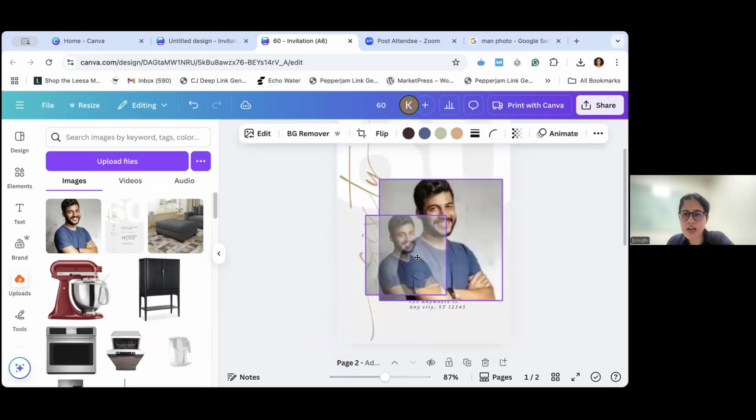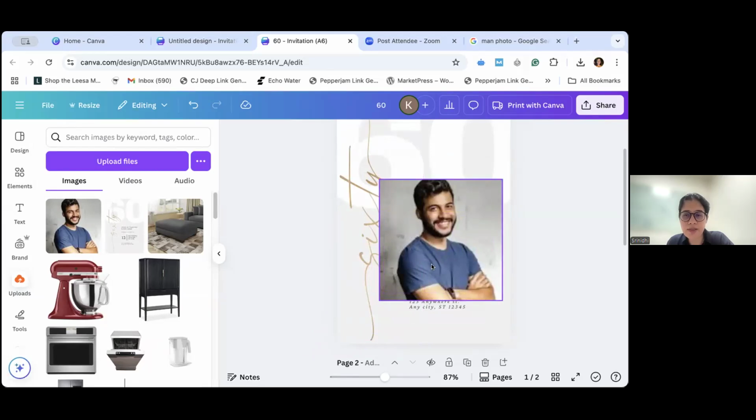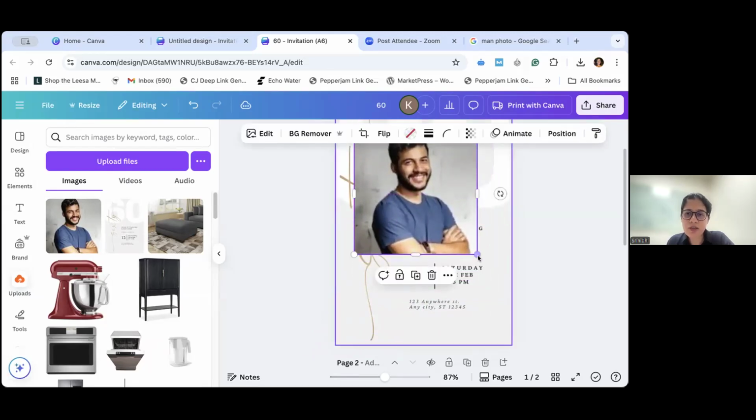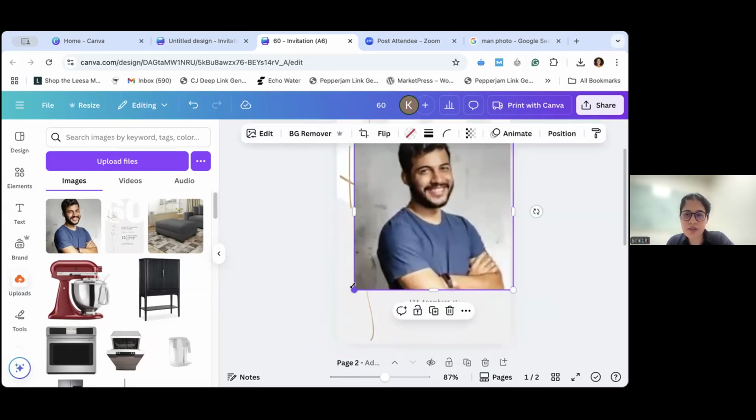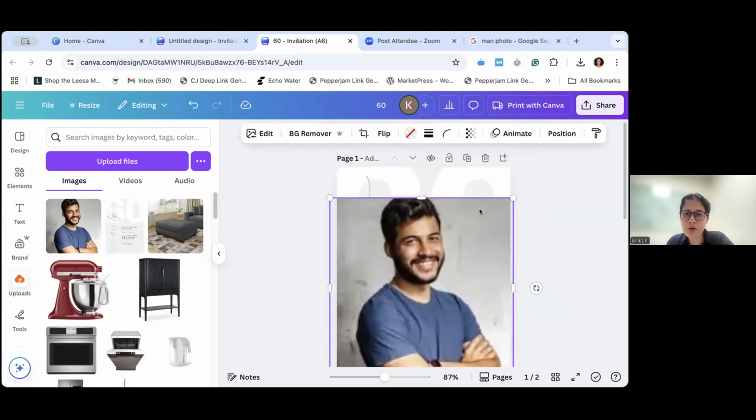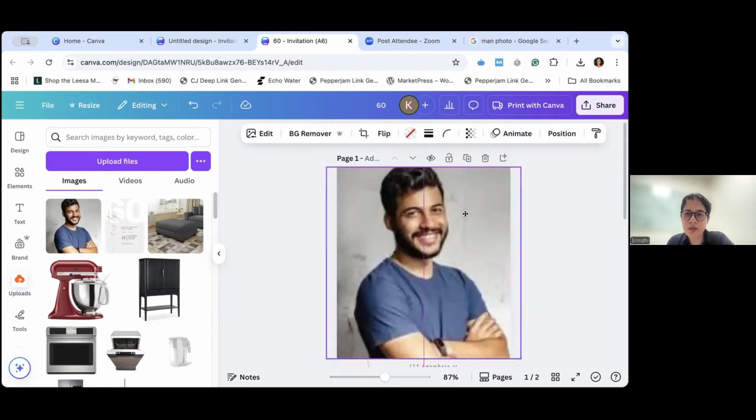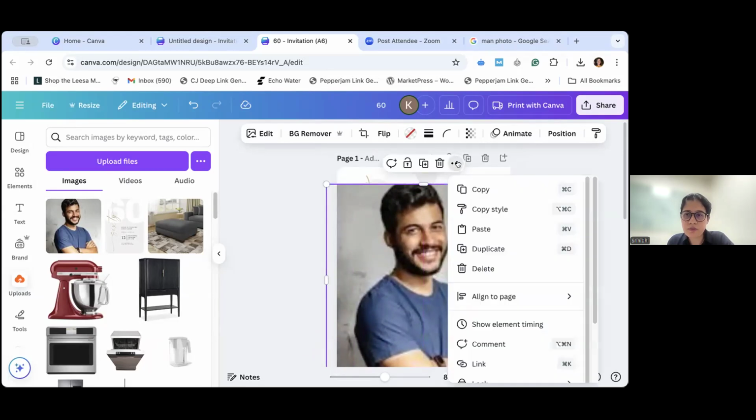You have to drag it and place it into the frame. And then you can increase or decrease the size based on how you want it to be. You can even